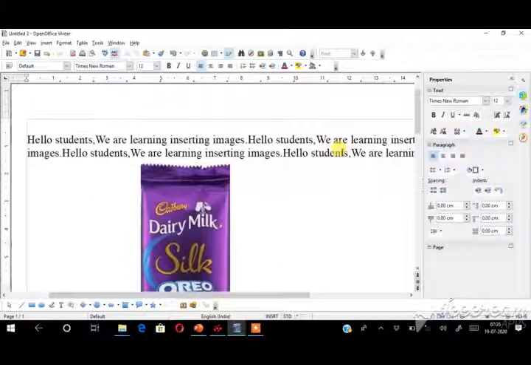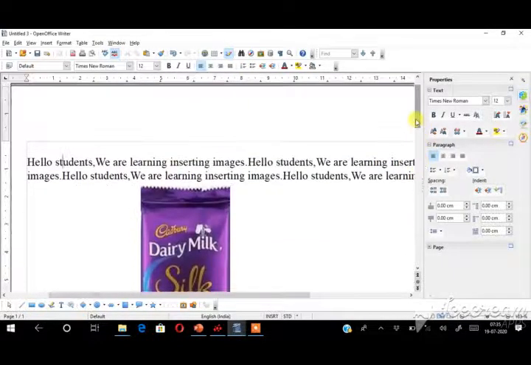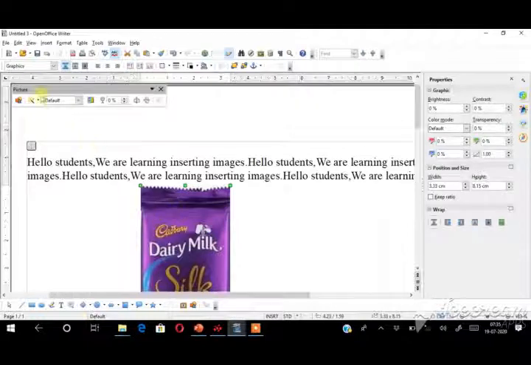Students, next topic is positioning the image with the text. For example, see in this screen, if you are displaying any text here, the text will be displayed like this only, top and bottom of a picture. So let us see how you can position the image with the text. First, you have to select the picture. If you select the picture, the picture toolbar box will appear at the top. See here, this is the picture toolbar option.